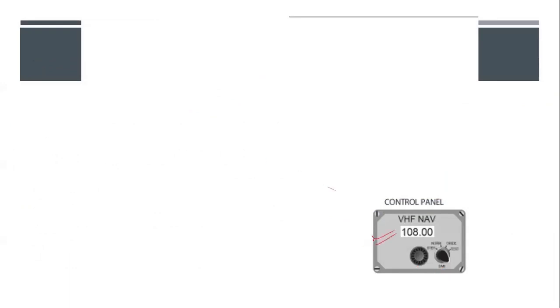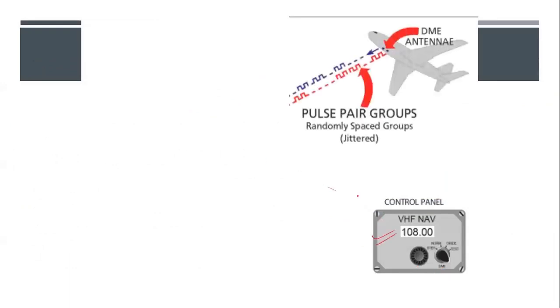So all in all, what I've explained to you is this. First, the pilot will set the frequency. The aircraft will start a range search. In that range search, the pulses which are sent out are jittered. The aircraft will know these jittered pulses. It is not that it will keep on changing, one after another. It's a unique code, but the aircraft knows it.